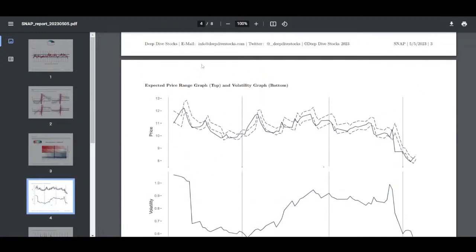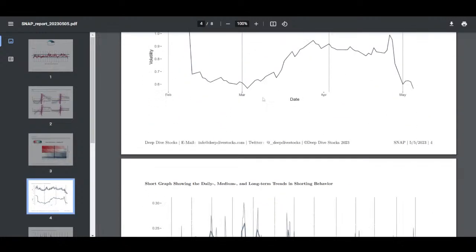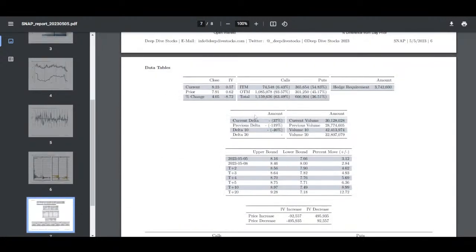Then we have the expected price range, which is pretty cool because you can see it right here. Here's the expected price range for Monday. If price moves below 8, that may be a good opportunity for a dip buy for mean reversion. If you see price at 7 to 80, the lower bound interval was $8. So if price moves below that, you can have a mean reversion back to the norm,